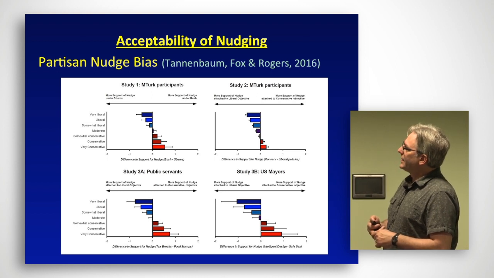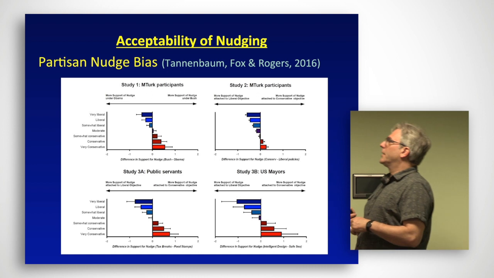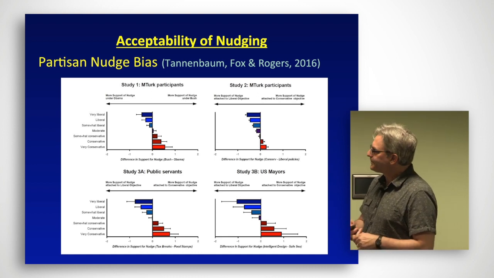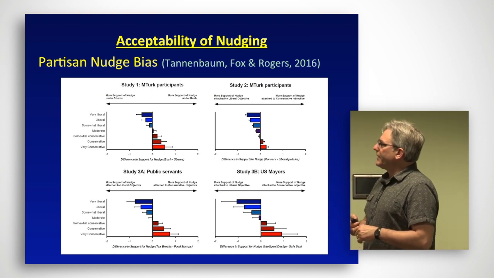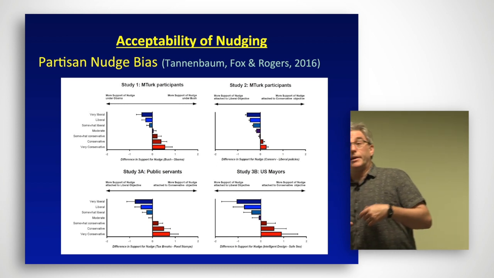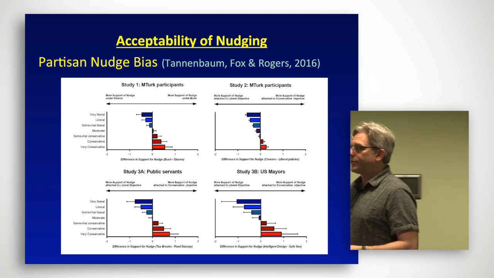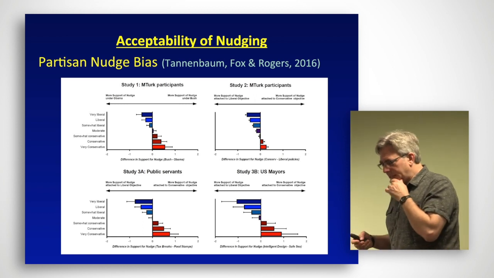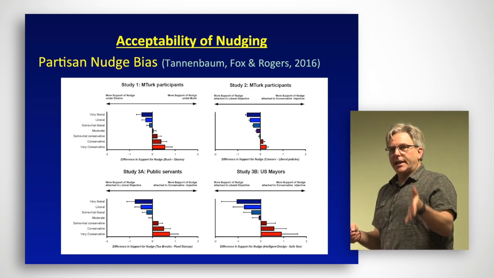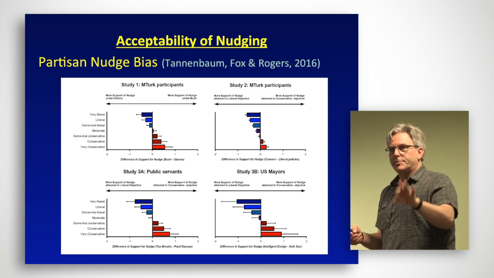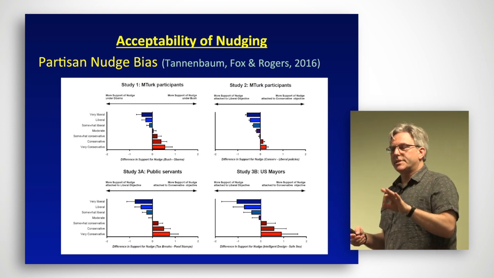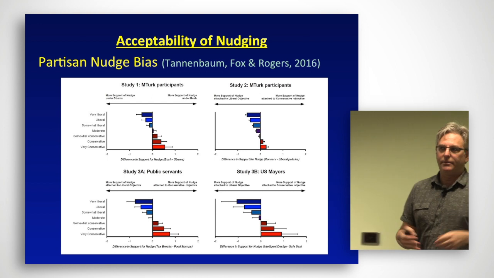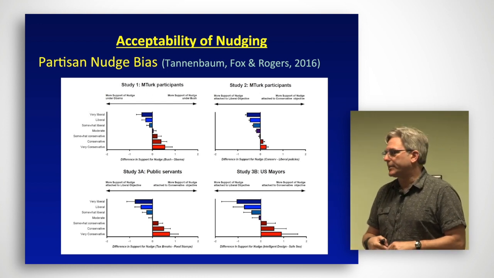This is a paper that I did with David Tannenbaum and Todd Rogers at the Kennedy School of Harvard. Basically, we did a lot of studies where we wanted people to evaluate the acceptability of choice architecture. Well, maybe I should start with an anecdote just to motivate this. Back when the United States first put into place our social and behavioral sciences team, our nudge unit under the Obama White House,